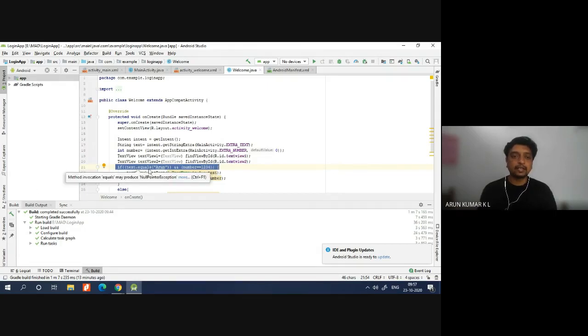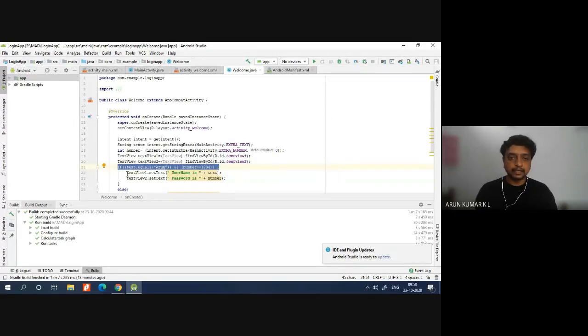If text dot equals Arun. In the string, if I write it as Arun, it is going to match the text. Now, ಆ ಇನ್ಪುಟ್ ಅರುಣ್ ಅಂತ ಮ್ಯಾಚ್ ಆಗಿದೆಯಾ? It is going to check like that. ಅಂಡ್ ಇಫ್ ಕಂಡೀಷನ್ ಅಂಡ್ ಆಪರೇಟರ್ ಯೂಸ್ ಮಾಡಿದೀನಿ, ಬರೀ ಯೂಸರ್ ನೇಮ್ ಅಷ್ಟೇ ಮ್ಯಾಚ್ ಆಗಬಾರ್ದು. It should match with the password. Password should be equal to 1234. ಇದು ಎರಡು ಕಂಡೀಷನ್ ಟ್ರೂ ಆಯ್ತು ಅಂದ್ರೆ, if I entered username is Arun and password is 1234, then it